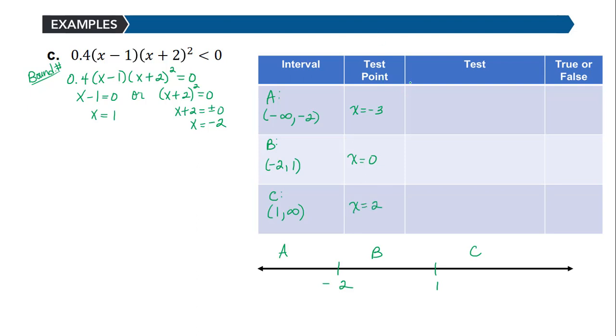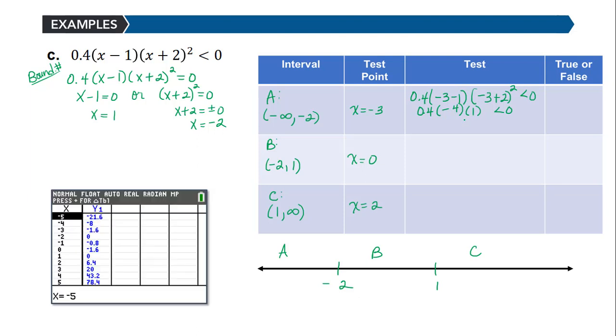So I'll plug these into the original inequality. 0.4 times (-3 minus 1) times (-3 plus 2) quantity squared is less than 0. Honestly, I don't really need to know the exact value. I just need to know, is that expression less than 0 or not? Notice that I would get 0.4 times -4 times -1, but I square it, and -1 squared is 1,